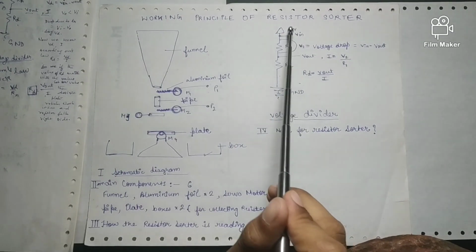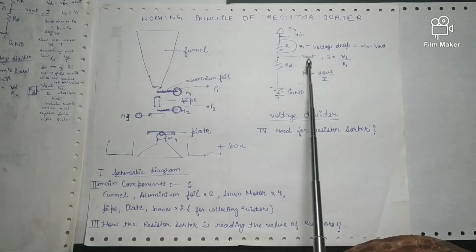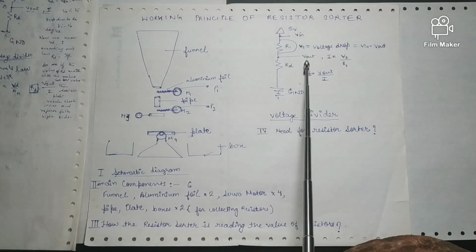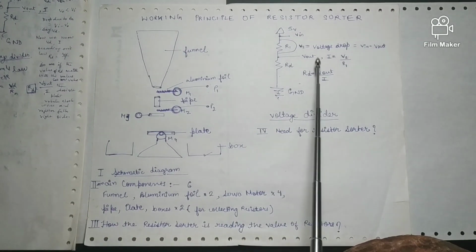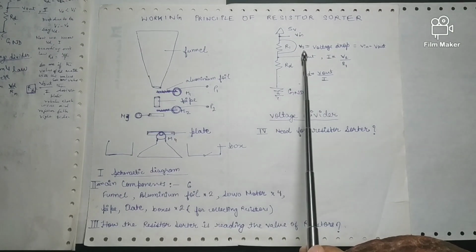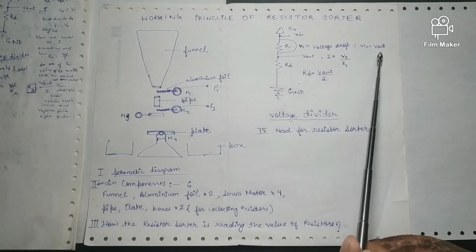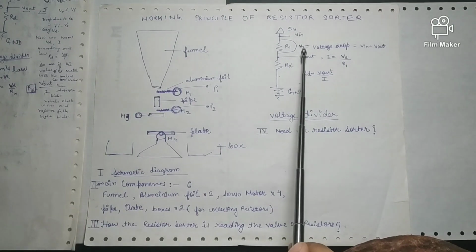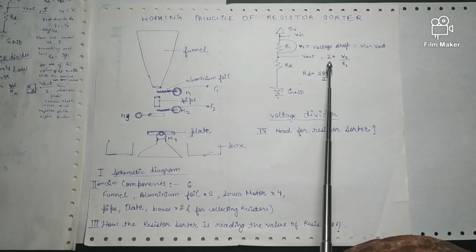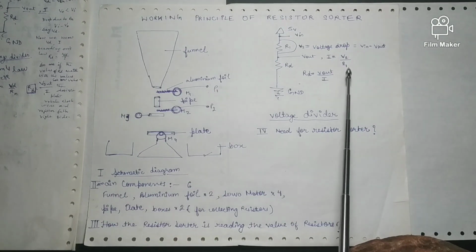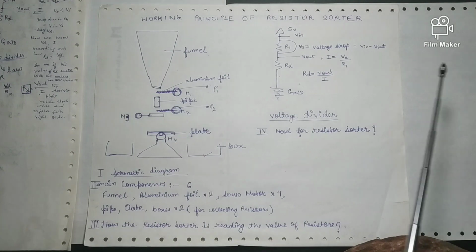When 5 volts is supplied through the circuit, some amount of voltage drops at this point, and we get a voltage Vout. This Vout is less than Vin. The amount of voltage that drops is V2, the voltage drop. We calculate this using Vin minus Vout. Now once we get the V2 voltage and the resistance R1 is known, we are easily able to calculate the current, which is I equal to V2 upon R1. We are doing all these calculations using Ohm's law, V is equal to IR.